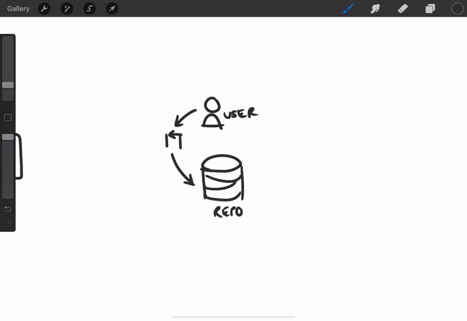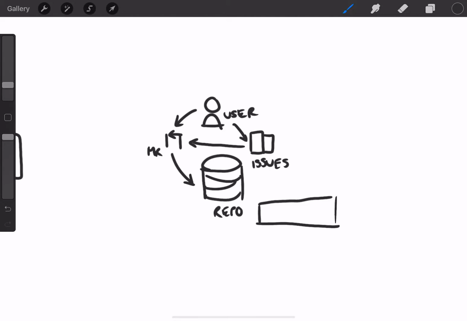If they wanted to talk about some more broad issues or plan their work, they could potentially use issues as an object to do that. The workflow for issues would look something like this: a user creates an issue, they discuss and collaborate within the issue, and that issue can be broken down into multiple MRs, which are then shipped to the repo. Now, if you extrapolate this and say we have 1,000 users, and those 1,000 users are creating 10 MRs and 10 issues and all that sort of stuff, you soon find that these workflow objects, which I'll call them here,